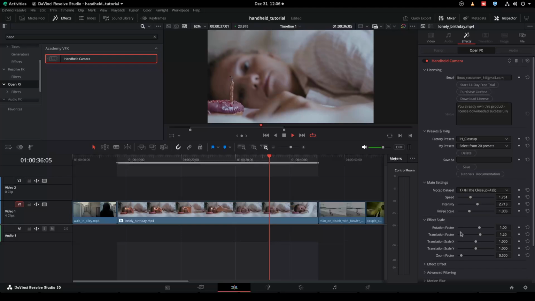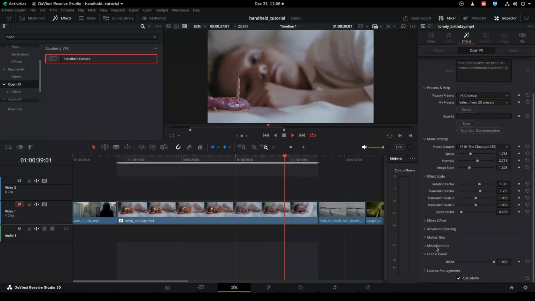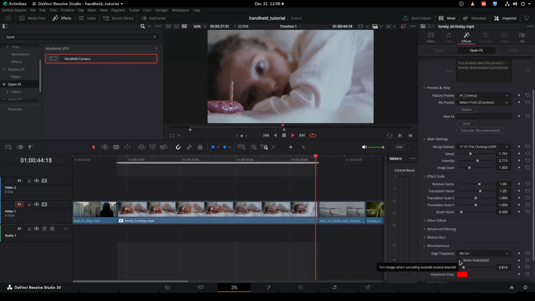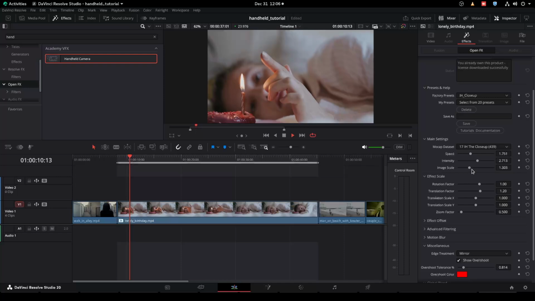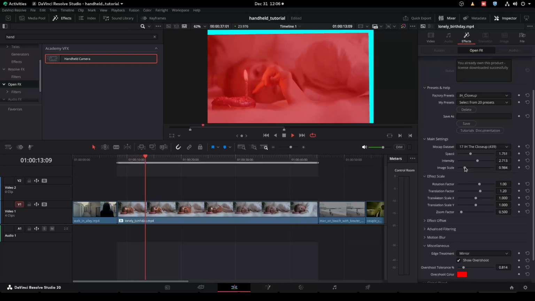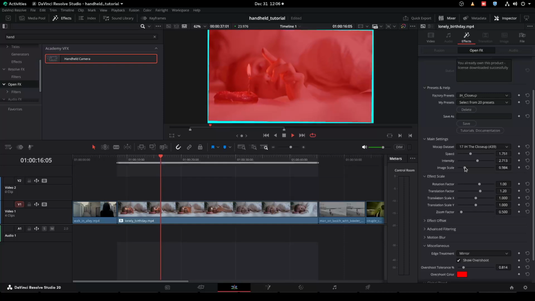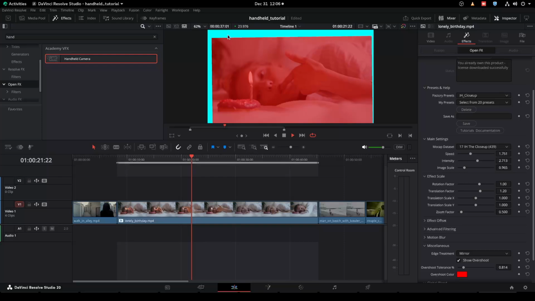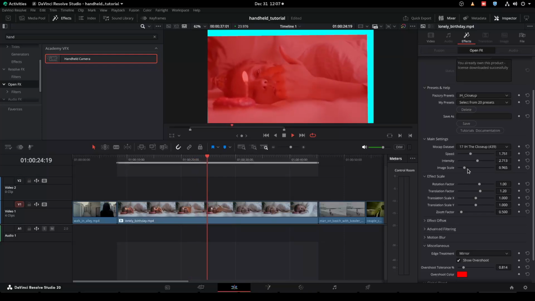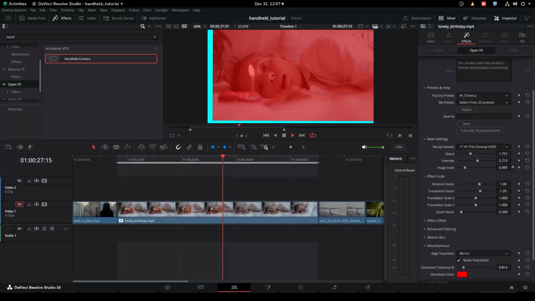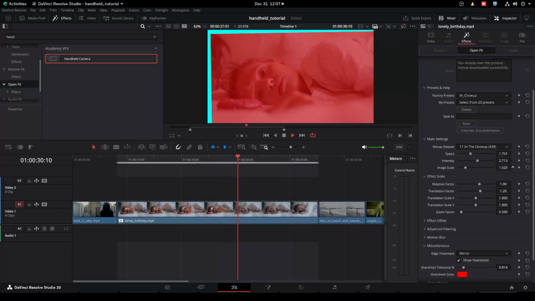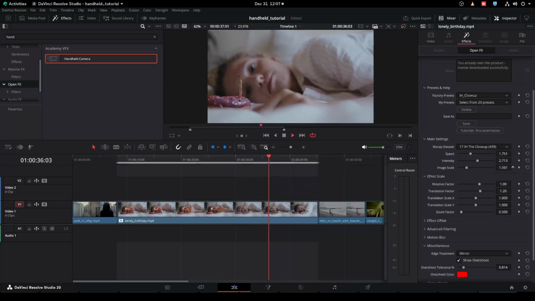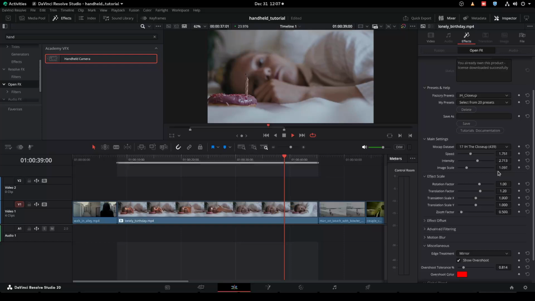You know what? While we're here, because we're seeing the issue, in miscellaneous there's this show overshoot button. Let's click it. And now you can see where it's red is when we have problems where we're shooting off the frame. So red means that we're shooting off the frame, and this contrary color over here is showing where the problem exists, because sometimes the problem is very small. So this makes it easy to see what's happening. I'm increasing the image scale slowly, and now the problem is gone. But notice there's still a couple of spots where,